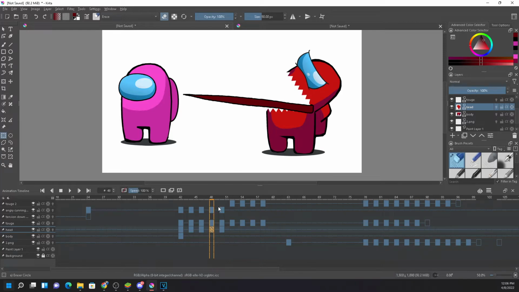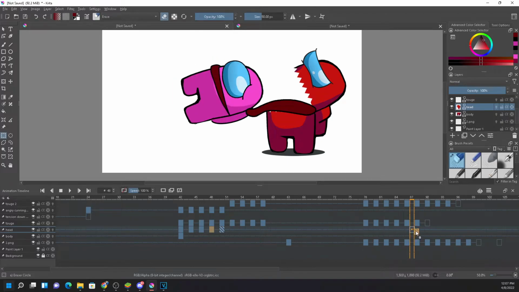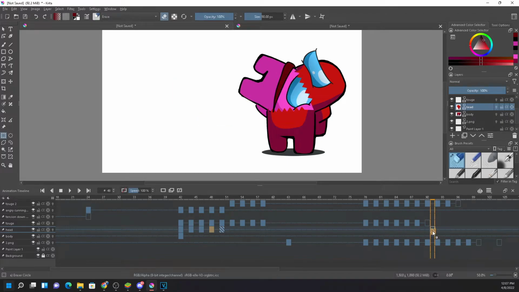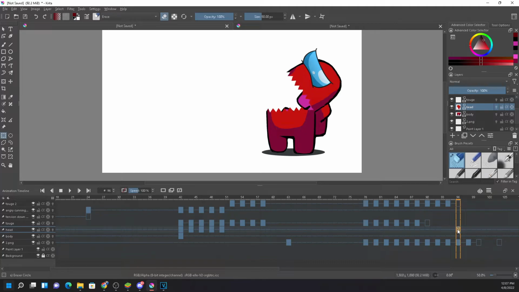make this movement again. So I'm just holding the control key, and I want this movement, this one. Hold it with your right click, and you need to hold the control key also. Move it until where you want. I just want it over here. No, I think it's better over here.